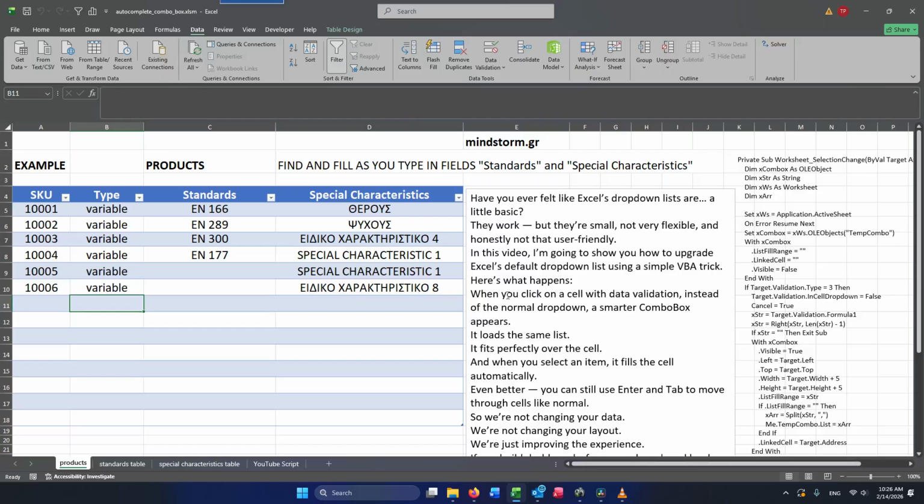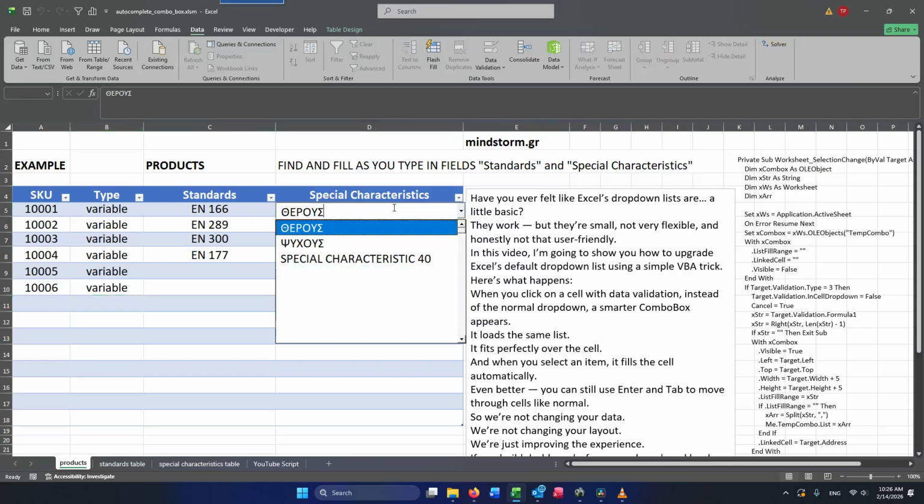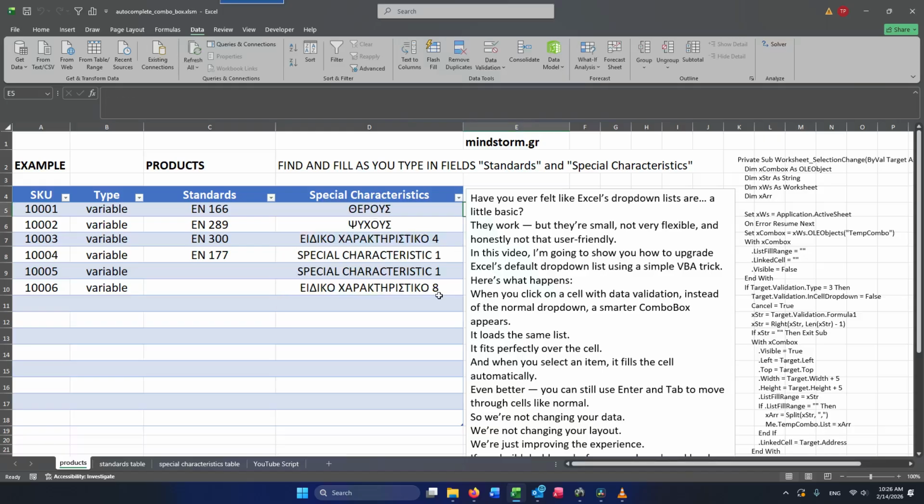Here's what happens when you click on a cell with data validation. Instead of a normal drop-down, a smarter combo box appears. It loads the same list. It fits perfectly over the cell, and when you select an item, it fills the cell automatically. Even better, you can still use Enter and Tab to move, as you see,